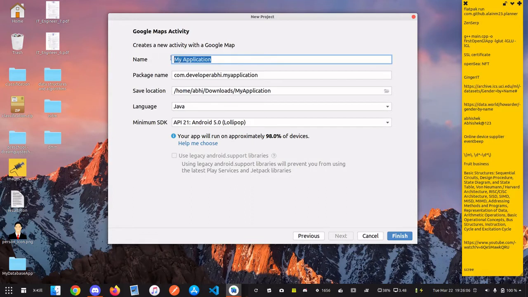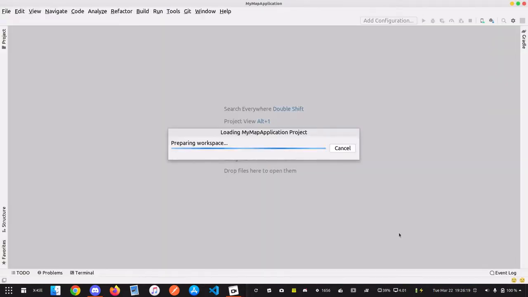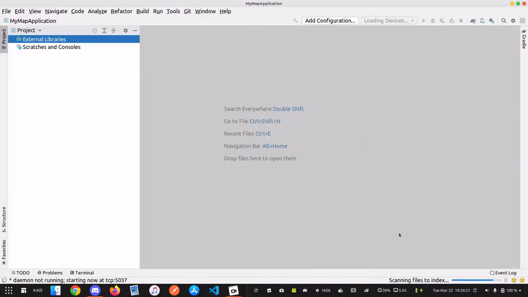So basically the application is going to be my map application, and our language is going to be Java. The minimum SDK is API 21, which is fine. Let's hit finish. Now, while the project is building, I'd like to tell you that the map library comes from